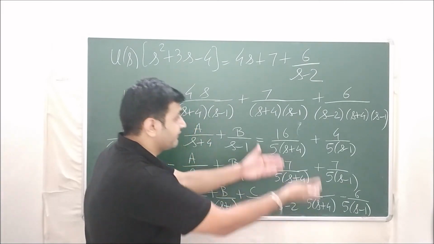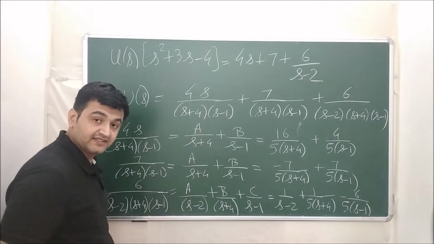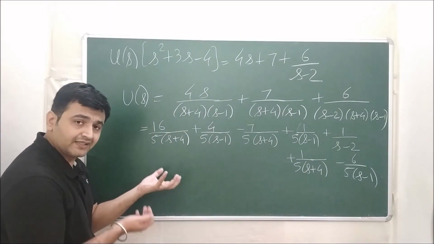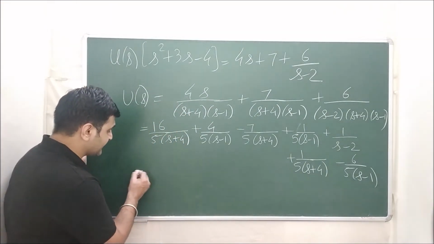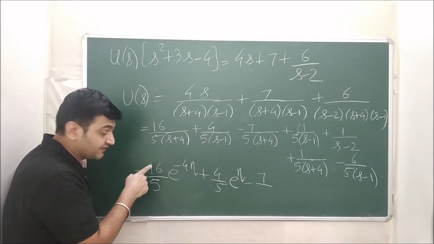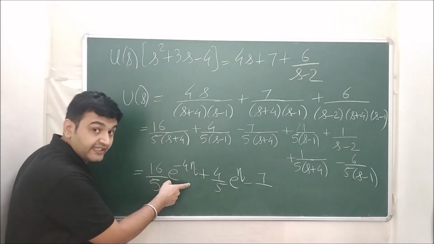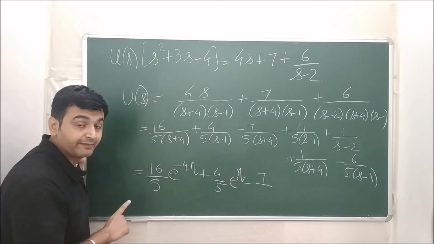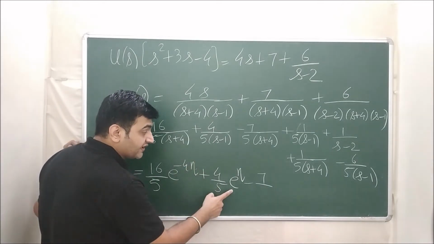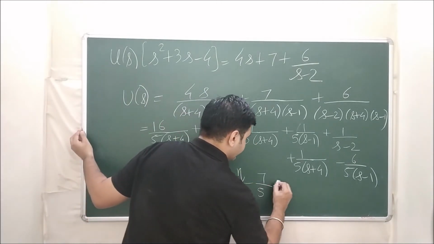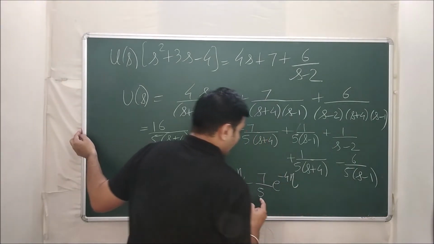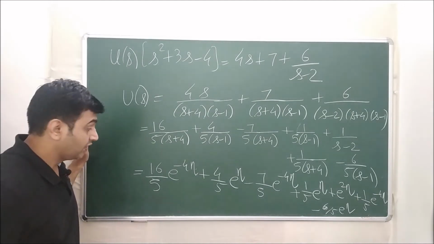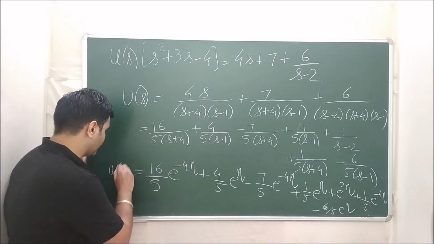Now you substitute the values over here, and after putting the values, this is what I have. Now it's easy, right? Now you simply take the Laplace inverse. So the Laplace inverse of 1 upon s plus 4 is e raised to minus 4 eta. It is eta, okay? Do not write t over here. We are in eta as an independent variable. This will become e raised to eta. This will become e raised to minus 4 eta. And similarly, the other terms. Now this is my u of eta.